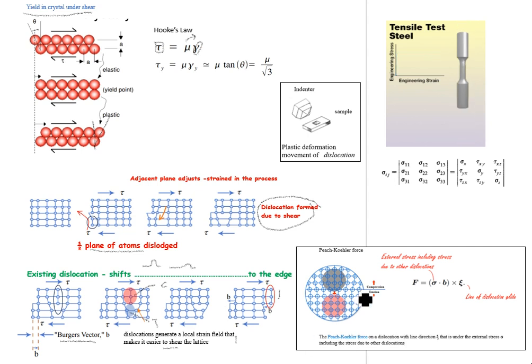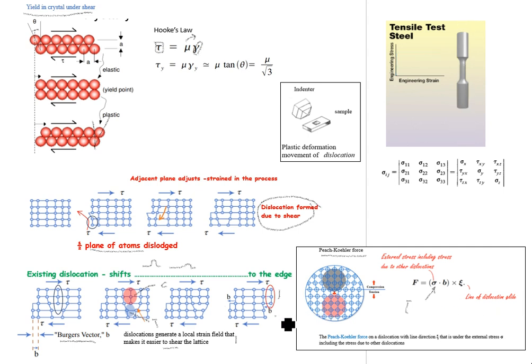Now, looking closely, the force applied during this process, where you have a compressive stress at the top and tensile stress at the bottom, is called the Peach-Koehler force. This Peach-Koehler force F is equal to the external stress, including stress due to dislocations. So there are two types of stress. One is the external stress tau that is being applied, and there is already existing stress due to dislocation. If you combine these two, you get this stress, dot product with the Burgers vector, cross product with the line of dislocation